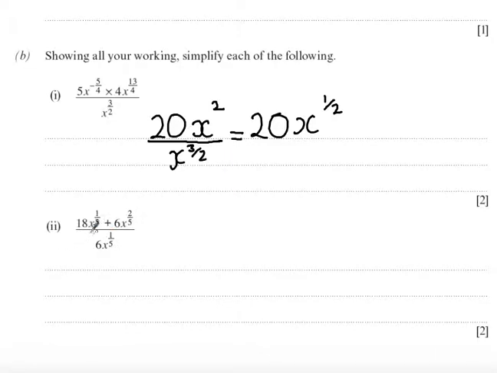Okay, part 2, simplify this fraction. The way to approach this is we're going to factorize the top. So I'm going to take out here, there's a common numerical factor of 6, but also an algebraic factor of x to the power of 1/5. Inside the bracket I have left 3, so 3 times 6x to the power of 1/5 gives me 18x to the power of 1/5. And then I get left with plus